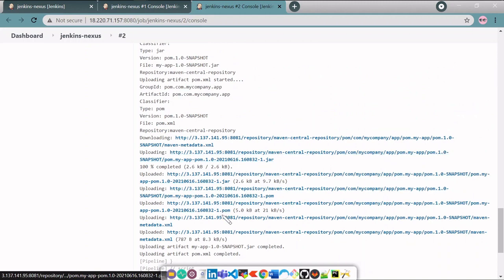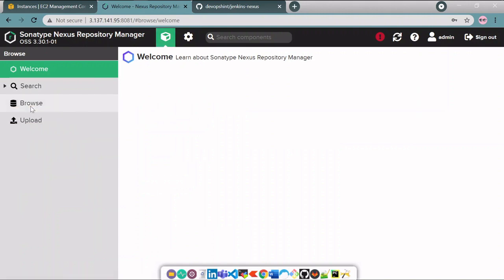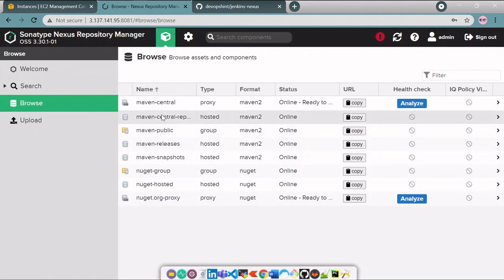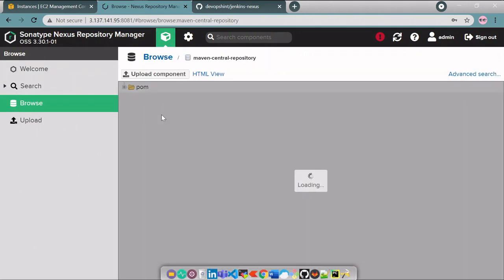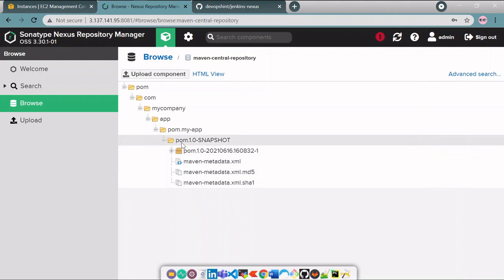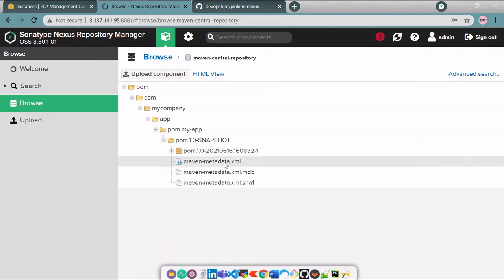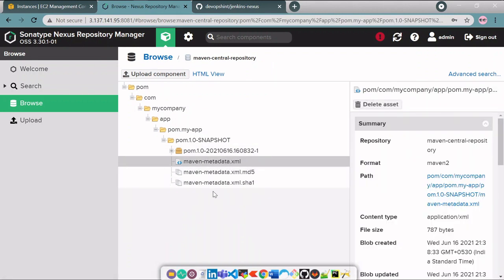Fine. So let's check in Nexus. So you can see Maven Central Repository. So artifact has been added. It is successfully published in Nexus Repository Manager. So you can see 1.0 snapshot. So here is my artifact. Fine.